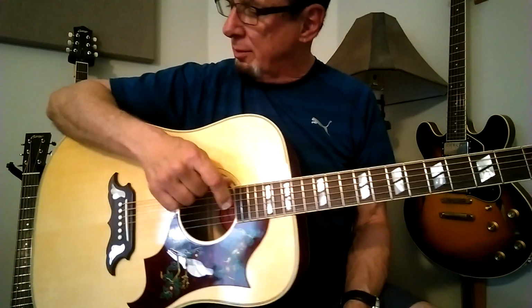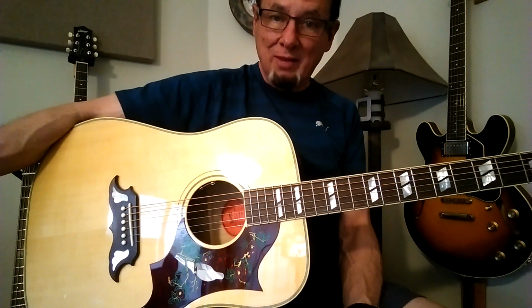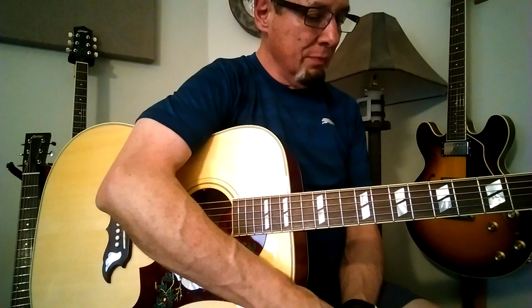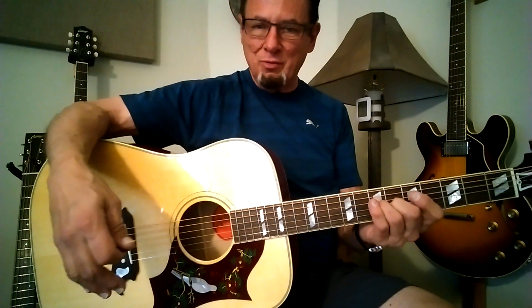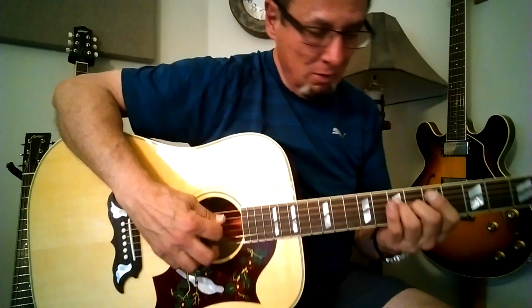That's the Hummingbird, maple back and sides, Sitka top. The Martin HD28 is Sitka top, but it's East Indian rosewood back and sides. And then the Collings, right over here, is mahogany back and sides, and it's also a Sitka spruce top. Let me just play something a little bit different, and then I'll share a comment that my wife made. She doesn't have musicians' vocabulary, so it's interesting to hear her descriptions. So I'll share that shortly, and then I want to listen back and hear what these recordings sound like, but I will share that with you. So here's